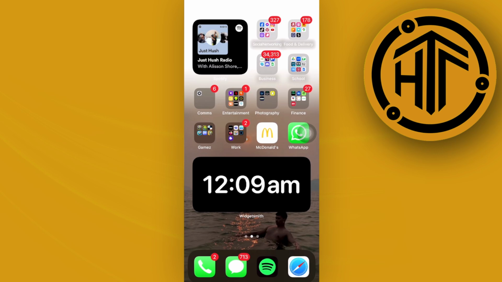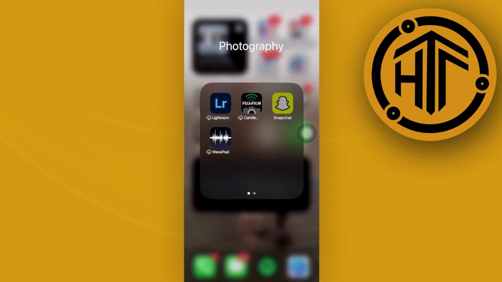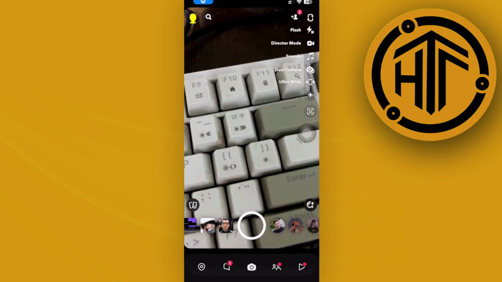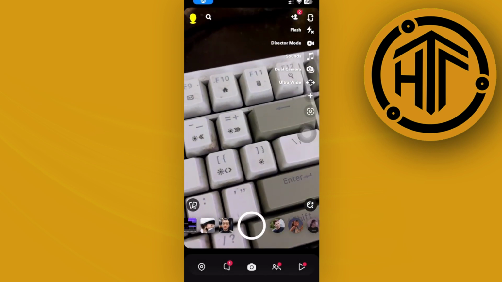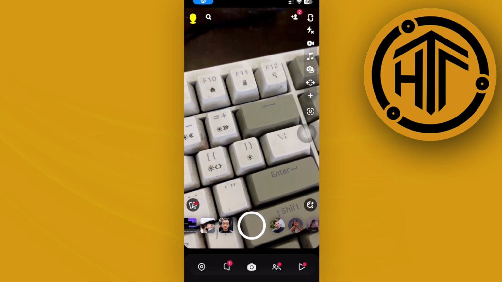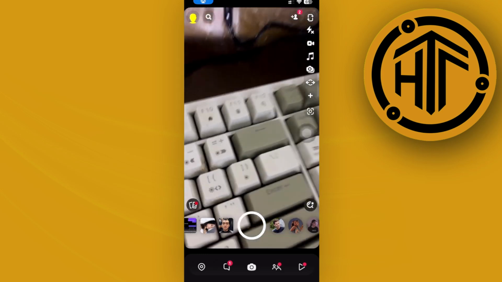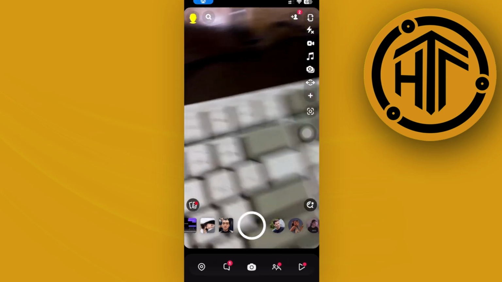Hey guys, today let's try to fix the sent snaps not saving problem. So in the case that the snaps you have sent to a specific person on Snapchat are not necessarily saving, in this video tutorial I'm going to teach you guys how to solve this step by step. So what we actually need to do first, if we want to save this snap onto our gallery,